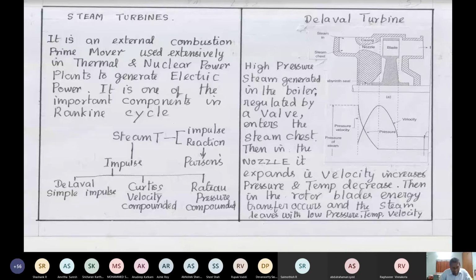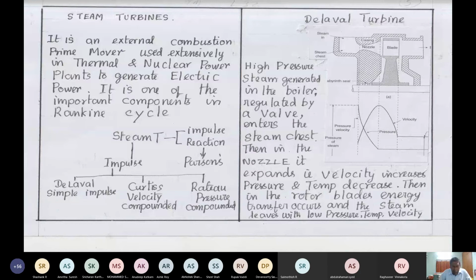You have a thermodynamic cycle called a Rankine cycle. It's a vapor power cycle. There are different, complicated cycles. Then, there are many classifications of steam turbines. Basically it is classed under impulse or reaction. The reaction turbine, otherwise called the Parsons reaction turbine, I'll discuss later.